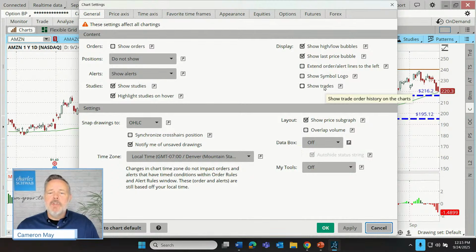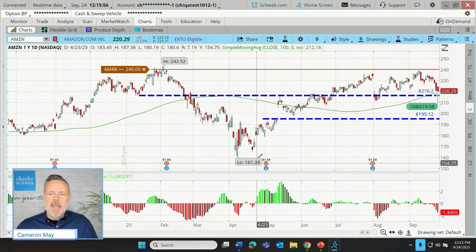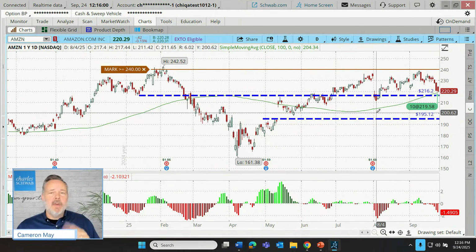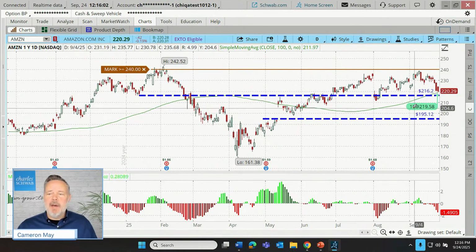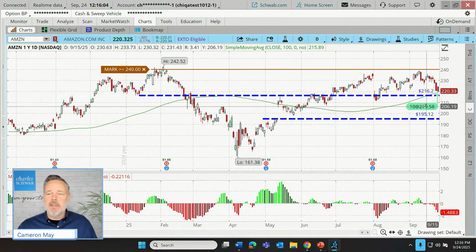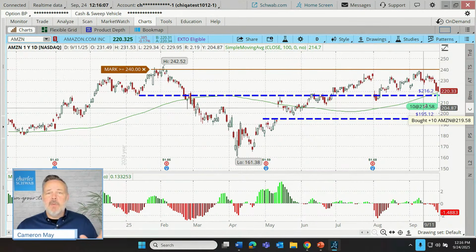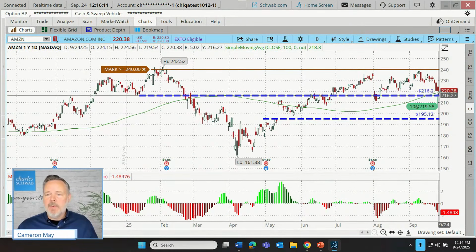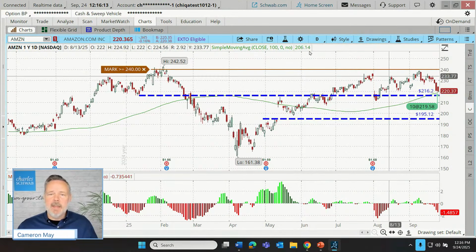We can also show trades. So if we've already seen positions, that's not a trade. That's the current position. When was it purchased? Well, we can click on this little box, click apply and click OK. And this is going to show us if there has been a trade on Amazon recently. And actually just today, I bought an additional 10 shares to illustrate this, because 50 shares were purchased back in July. 10 shares at $219.58 were purchased right there, a little arrow pointing at the day.